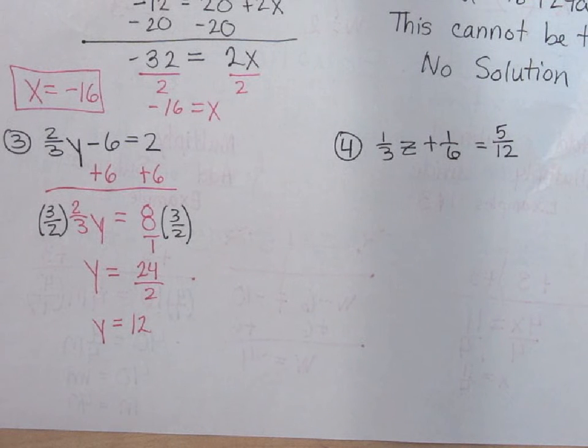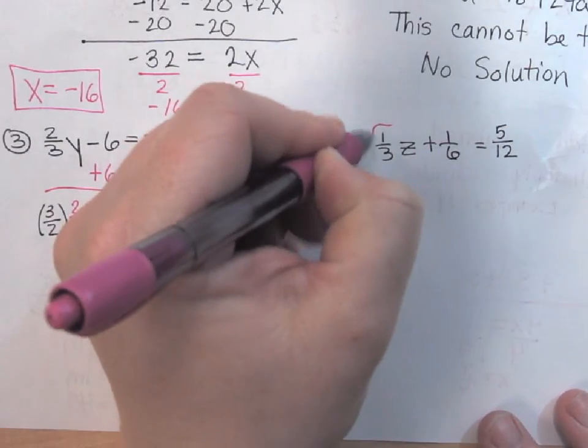What do they all have in common? They can all multiply into what number? Not 3, the other way, 12. Okay? So if I multiply everything,